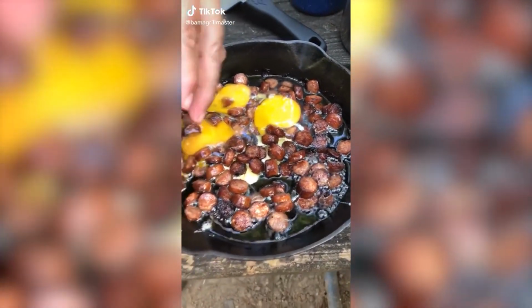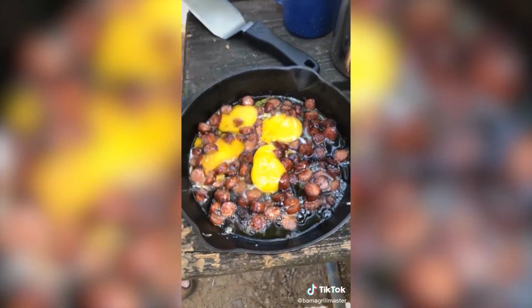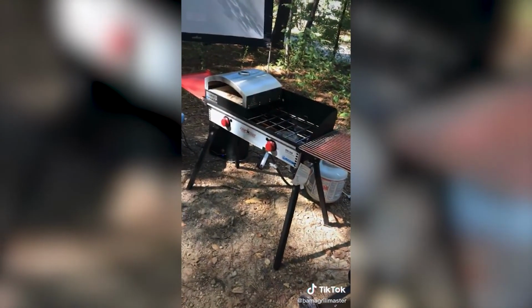What's your favorite thing to eat while camping? Ours has got to be the skillet breakfast sizzler right there. Sausage, eggs, you can add whatever the heck you want to it. But our setup right here while camping, all Camp Chef. Pellet grill, 2-burner stove, and the big